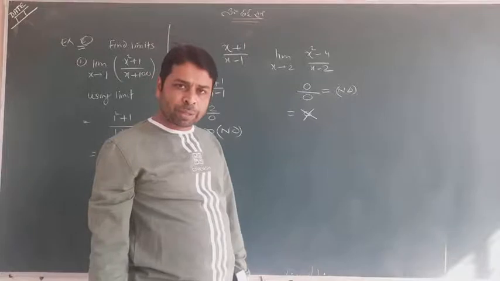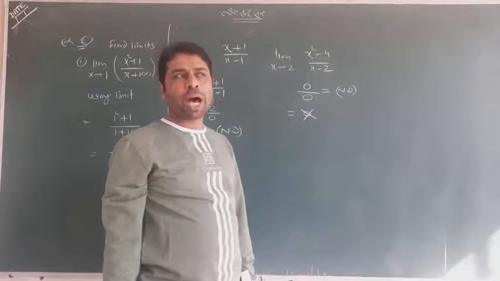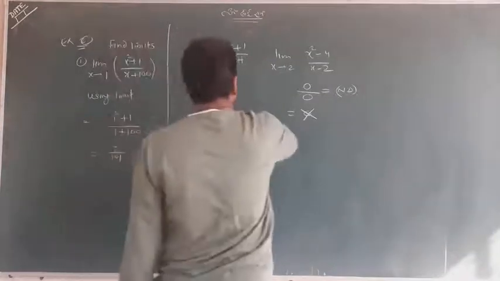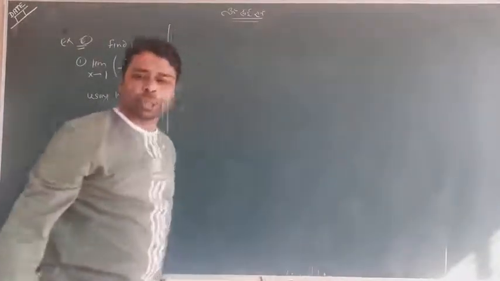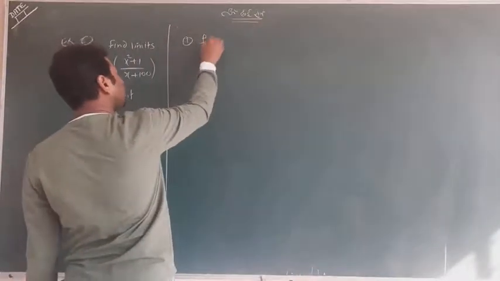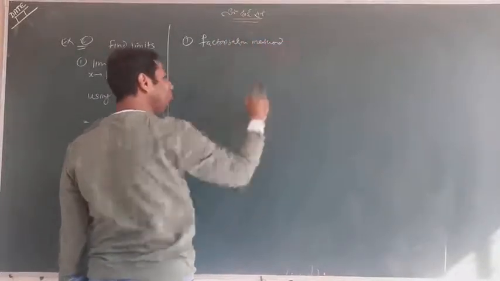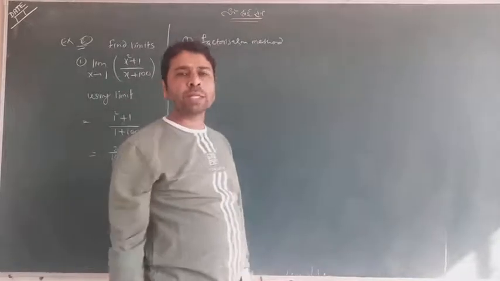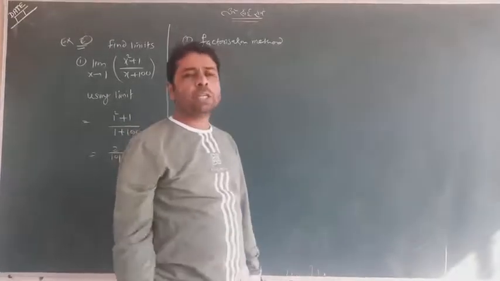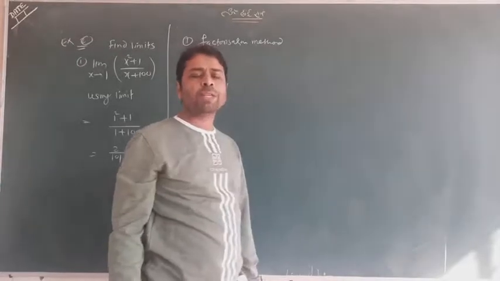Again I speak the same thing. You have to simplify the question. You cannot put the limit directly, because on putting the direct limit you are having a not defined answer. I mean to say, we have to solve the question, we have to simplify the question, and it carries some methods. First method I am telling you is called the factorization method. And these methods will be used only when after putting the limit your answer is either infinity or 0 upon 0. If you are getting either one of these answers, you have to use one of the methods. First method I am saying is the factorization method.